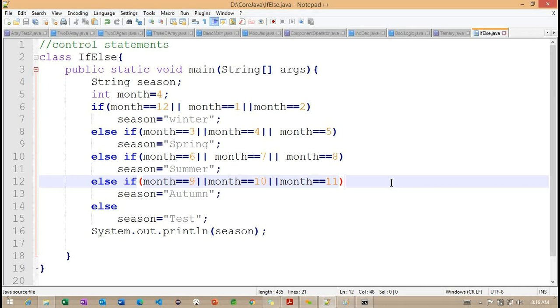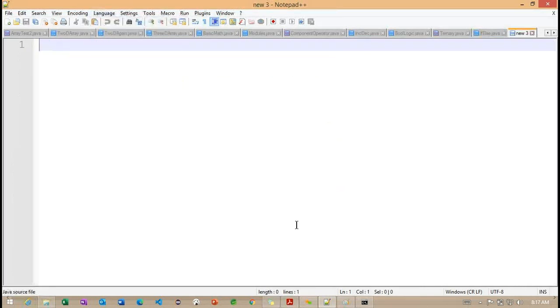Getting the point. So switch case is a multi-way branch statement, and it's going to provide an easy way to dispatch the execution to different parts of code here. So how exactly is it going to provide the different parts of code here? To understand this switch case, first we need to check with the expression here.